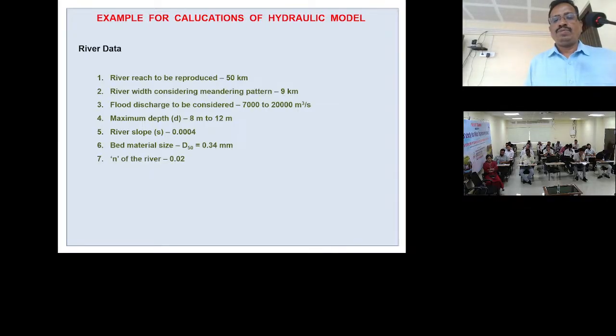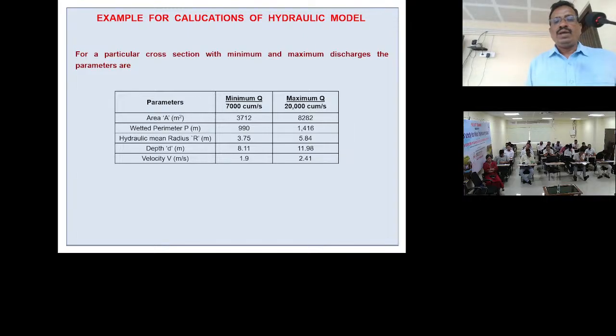Slope is 0.004. D50 is 0.34 mm. So these are the parameters given by the project authority. Here you can see, by using these parameters, the area we have calculated for the 7,000 cumec is 3,712 meter